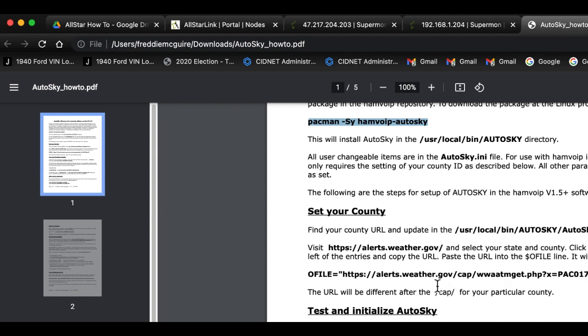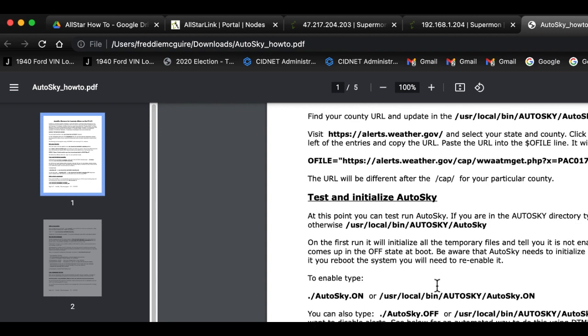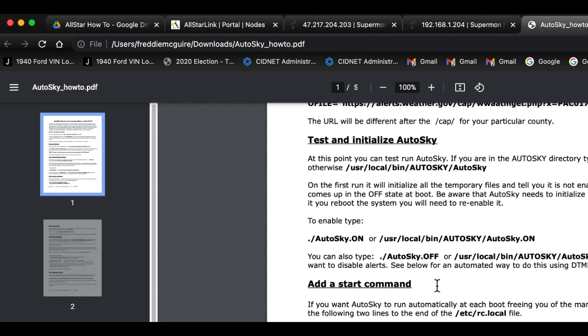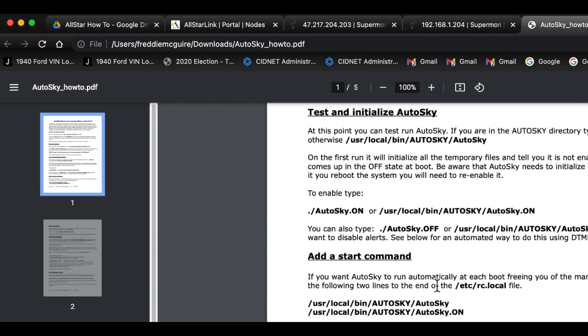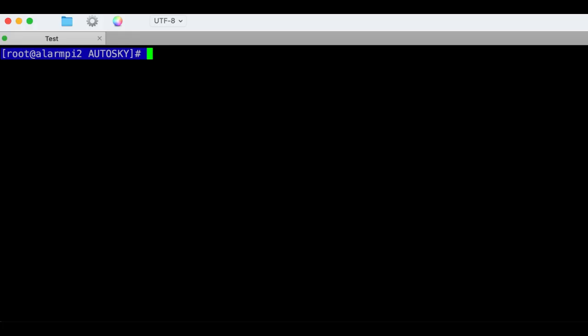And then we need to do a few more housekeeping things so that this thing will fire on its own. We've got to go into the etc directory and modify a file called rc.local. And we've got to add these 2 lines here into that file. So we're going to change directory to /etc/, hit enter, and then we're going to nano the rc.local file,